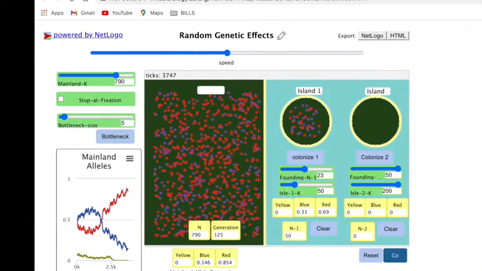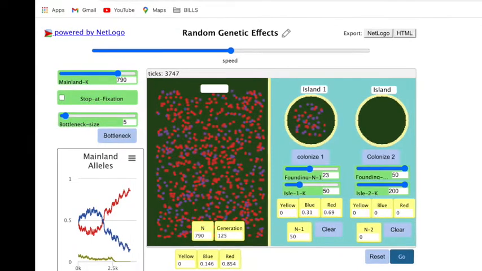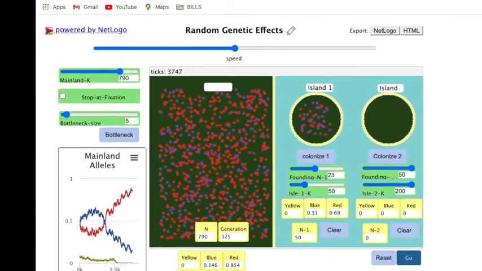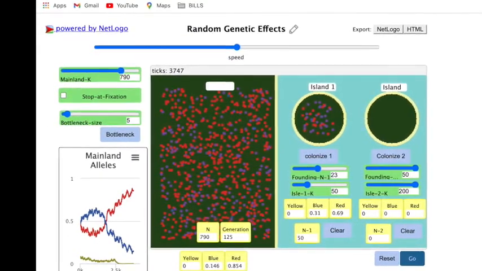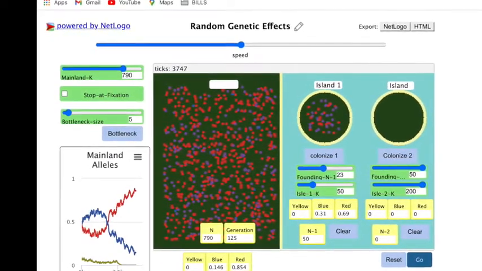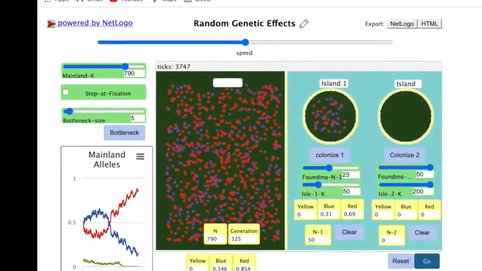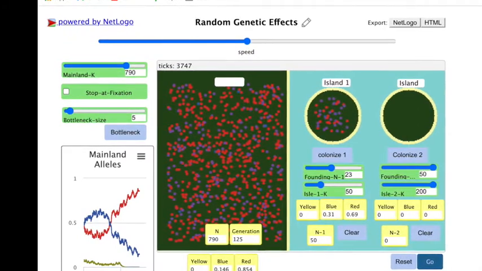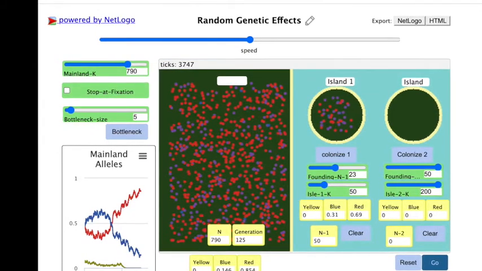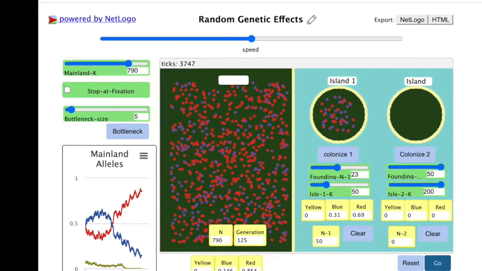The first parameter that I manipulated was increasing the founding N1 to 23 and increasing the founding N2 to 50, with the IL-2-K at 200. One major finding was that the color yellow disappeared completely, while the colors red, purple, and blue stayed present. Red was the most dominating color at 0.854, and the least dominating color became blue at